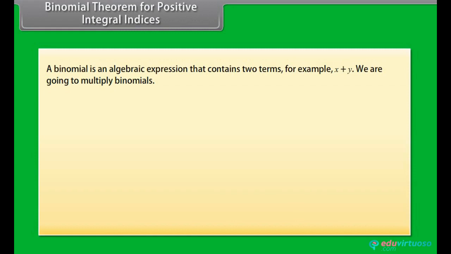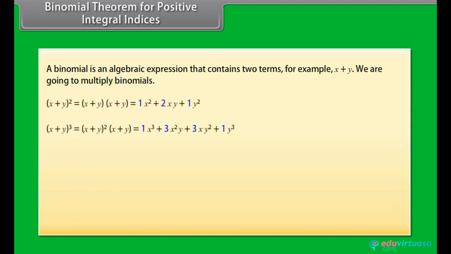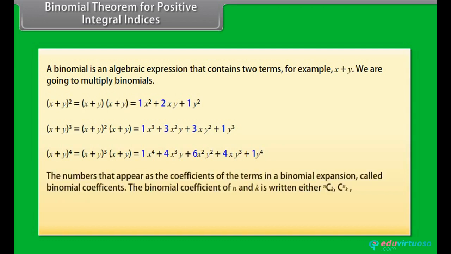For example, x + y. We are going to multiply binomials. The numbers that appear as the coefficients of the terms in a binomial expansion are called binomial coefficients. The binomial coefficient of n and k is written as